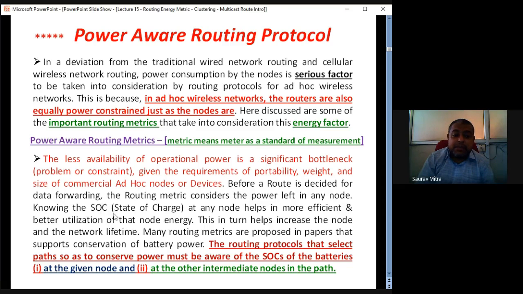Here a very important term comes, which is called SOC, state of charge. Knowing the state of charge at any node helps in more efficient and better utilization of node energy. So instead of using the same repeater node too many times frequently, let us define different routes for transmitting data from one node to another. So first we have to define